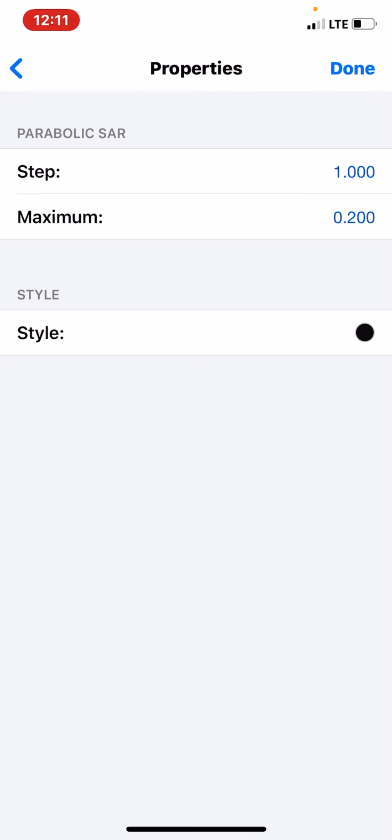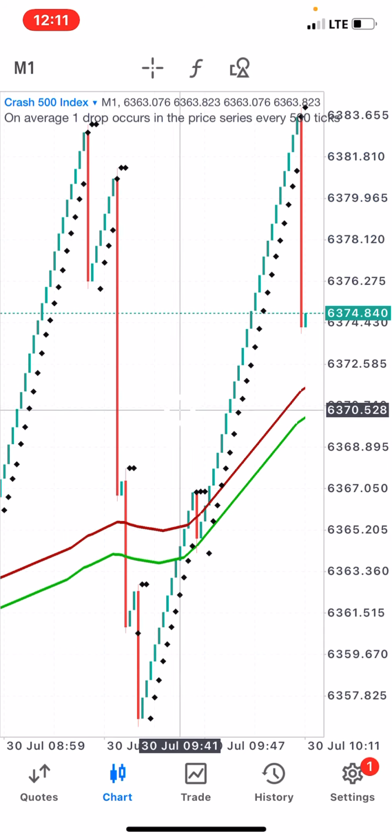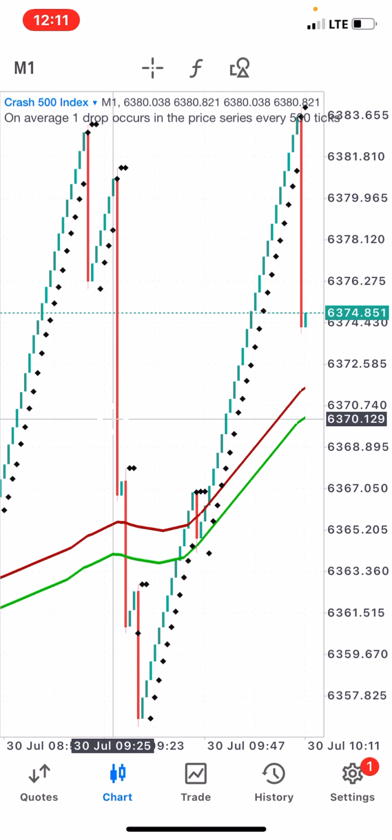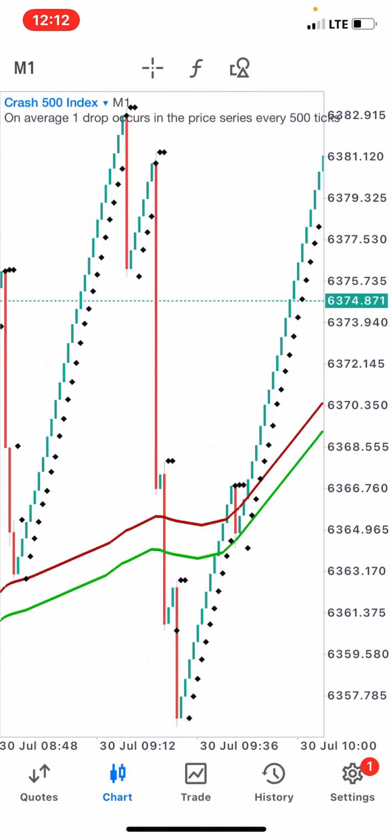And then the styling for this one, you can put the inverse color of your background. So I have a white background, that's why you see that I have a black parabolic SAR. And if you have a black background, please make sure you choose a white parabolic SAR, and then you're going to click on done,